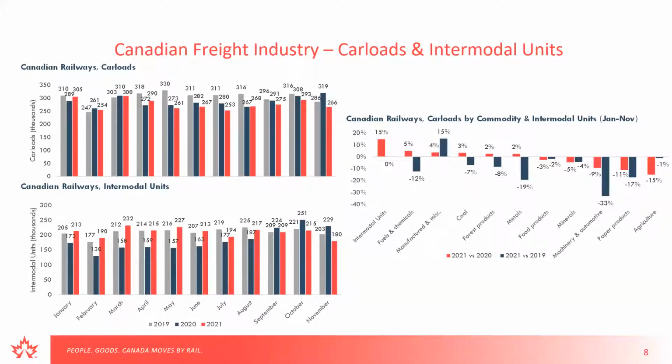So in terms of non-intermodal carloads, StatsCan has an analysis where it's quite separate. You can analyze the carloads for non-intermodal and then the units for intermodal. Non-intermodal carloads were 4% below 2020 on a year-to-date basis and 9% below 2019. The monthly car loadings since May have been quite a bit lower, consistently lower than previous years. So the first few months were relatively average or strong, and then it got a little bit weaker.